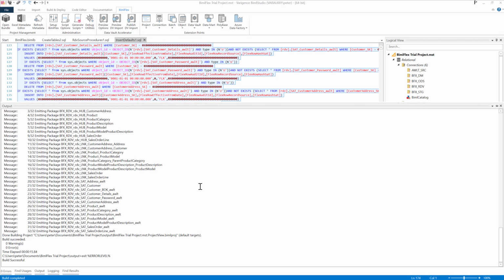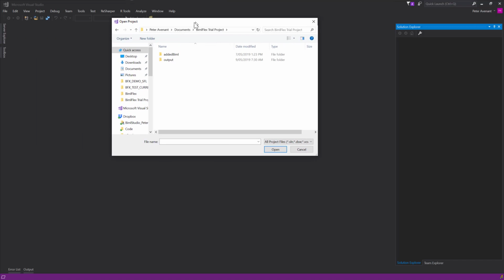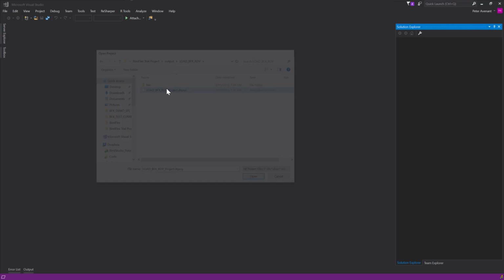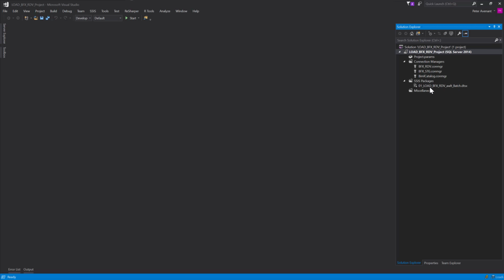All right, the build is completed, and what we'll do now is go into Visual Studio and open those files up, open the solution up, and we can go and build it out. Okay, so when you've built it out, in your trial project, wherever you've put that location, so this is where mine is, there'll be an output folder, and inside of the output folder there's a whole bunch of files here, but the ones that we're looking for are the source one and the data vault one. The source one here will load sources staging, but the data vault one is what we're looking for at the moment. And the data vault one, as I said, has ELT based stored procedures. If we open that up,